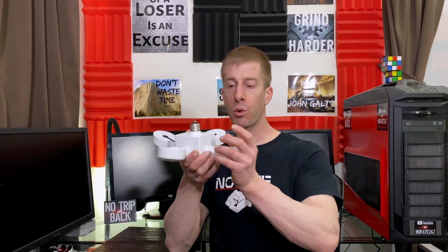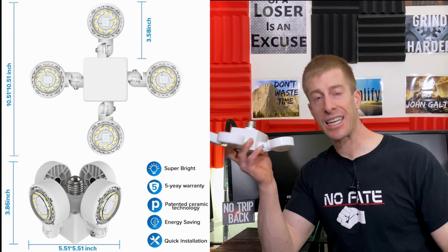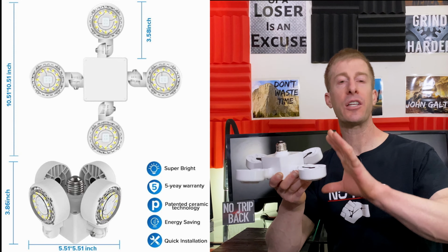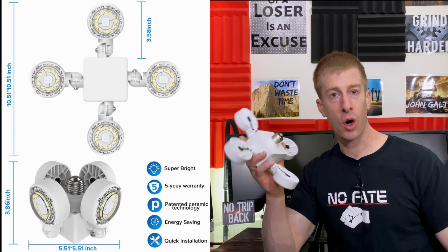super, super bright. Now, obviously, these are meant for the garage. They throw a lot of light out in the garage, but because these don't require much space, you can use these in your basement, you can use these in your attic. They don't actually generate a lot of heat, so you don't have to worry about these bad boys overheating. And what's nice about them is that you can angle the light. So obviously you could put it flat like so, but you can also kind of send that light off in